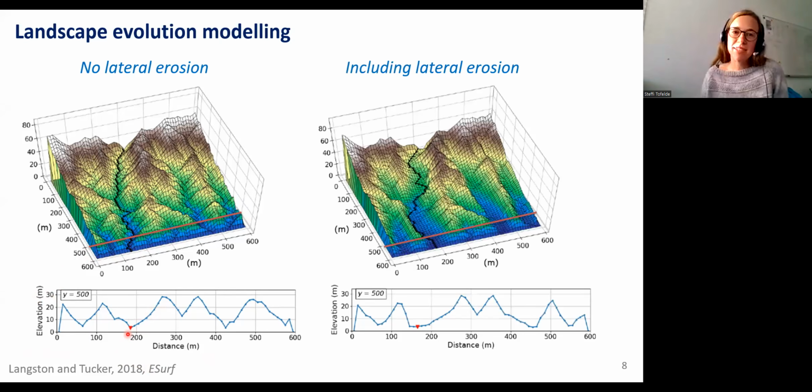However, only when they started to implement a component for lateral river erosion did they actually manage to get valley floors that get a little bit wider, as you can see here or here, and that start to resemble a little bit more what we've seen in the previous examples. So I think what they have been doing here is a really good first attempt in that direction, but what